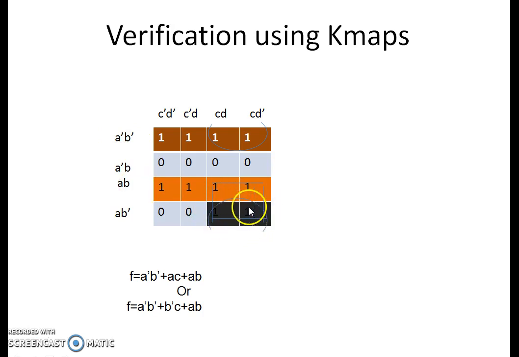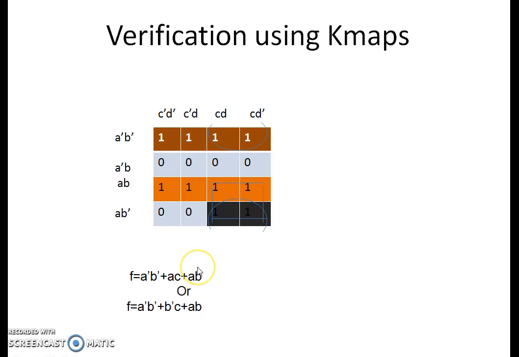If I pair this, what happens? I will get 3 variables. I don't want 3 variables. When there's a possibility, I can group this. Always we have to look for a larger group. So I can either make a quad with these 2 ones along with this, or I can take these 2 ones along with these 2 ones and form a quad. So that was the option. I can either use A C or B C. So this is our solution.